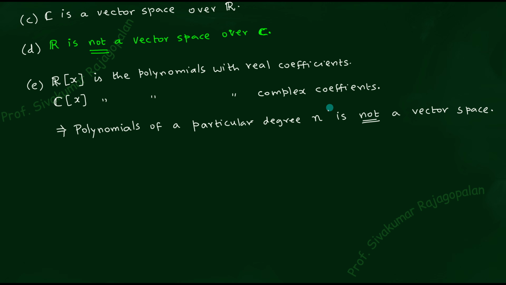So whenever the word "or less" is there, then this particular object is a vector space, so "or less" can be deleted. But now this is the opposite problem, where the "or less" is removed. That means the degree of the polynomial is fixed to be a particular number. You choose whatever number, a third degree polynomial, 10th degree polynomial. You fix it. Once you fix it, and if it is a set of all polynomials of a particular degree, then what happens is it does not satisfy all the axioms of a vector space,